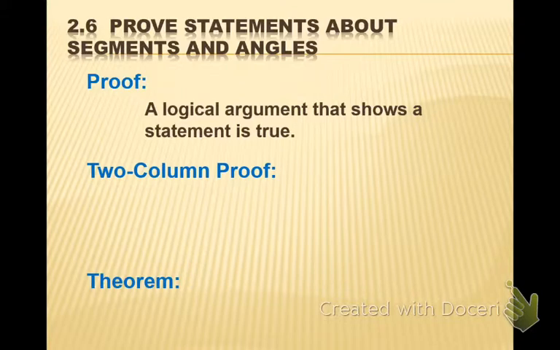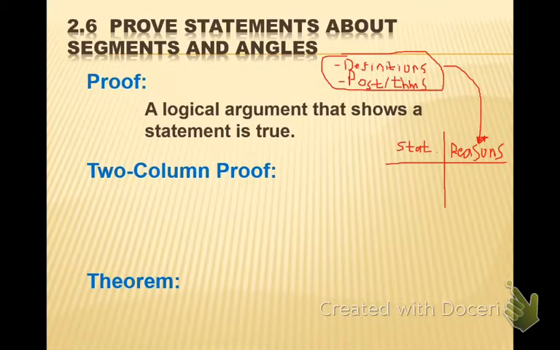We're going to take a look at two-column proofs. We're also going to take a look at flowchart proofs. We'll also take a look at coordinate proofs, I believe. But then there's also paragraph proofs where you're just writing, almost like an essay. Right? There are proofs by contradiction. There are inductive proofs. There are a lot of other different types of proofs. But we're going to focus right now on two-column proofs, and cleverly called two-column proofs because they involve the use of